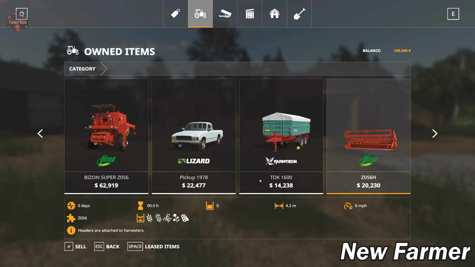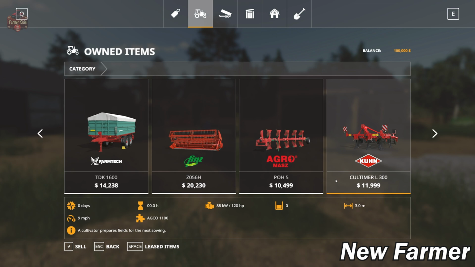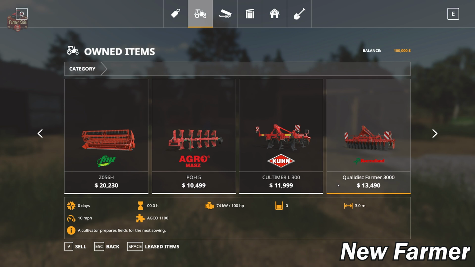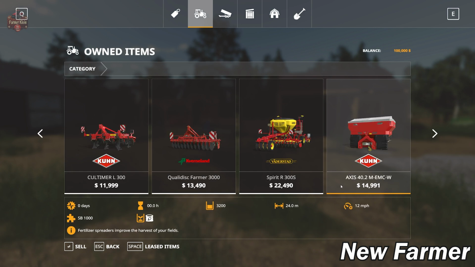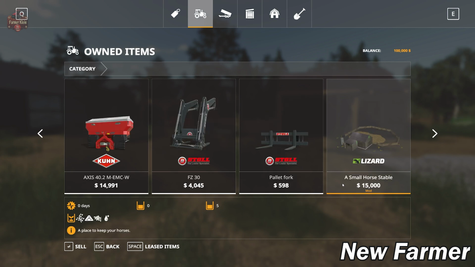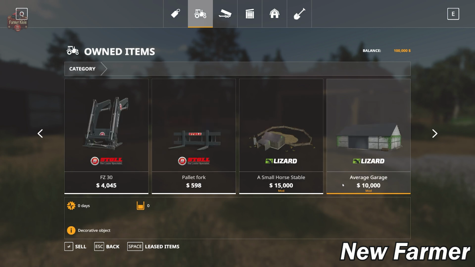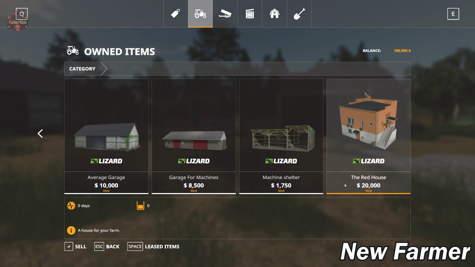We have the FarmTech TDK 1600 trailer, 1978 pickup truck. We have the POH 5 plow and the Coolmer L300 cultivator. We have the Qualidisc Farmer 3000 cultivator with the Spirit R300S seeder, the Kuhn Axis Fertilize spreader. We have front loader arms, pallet fork, and then our small horse stable, average garage for machines, machine shelter, and